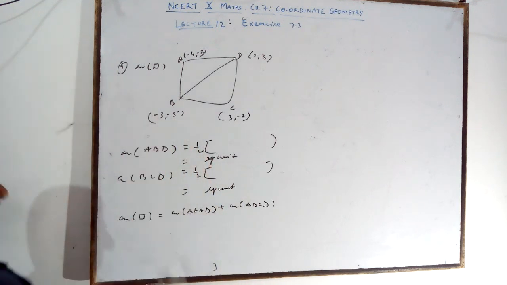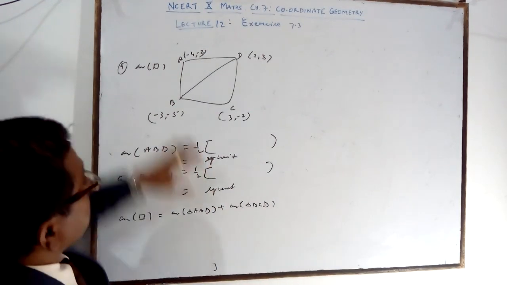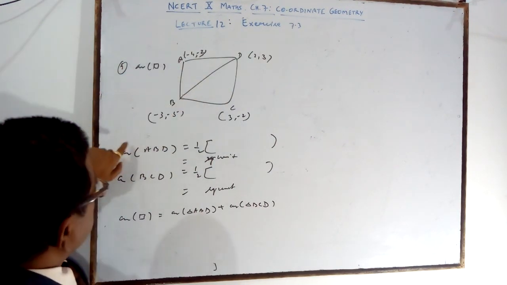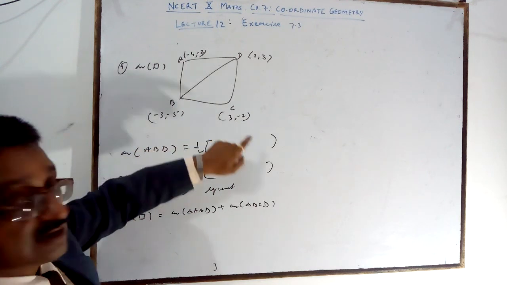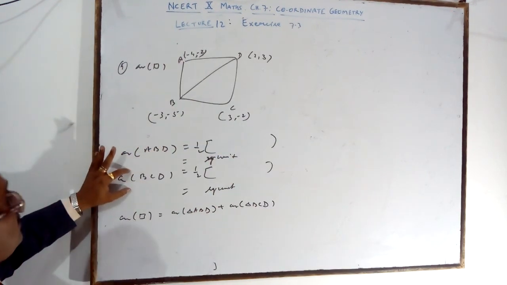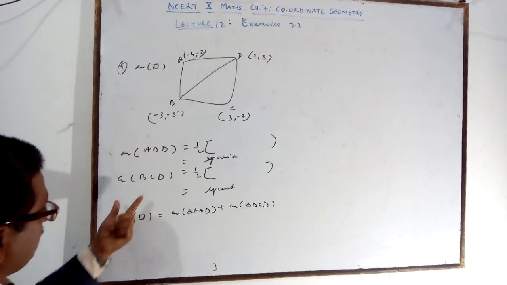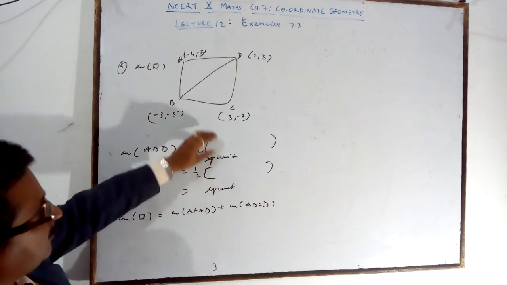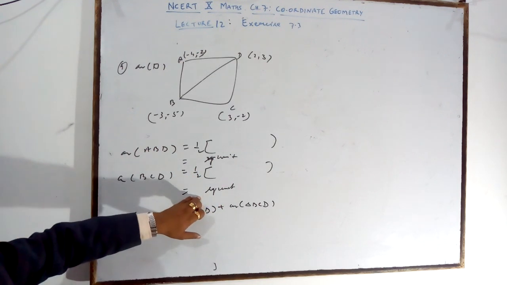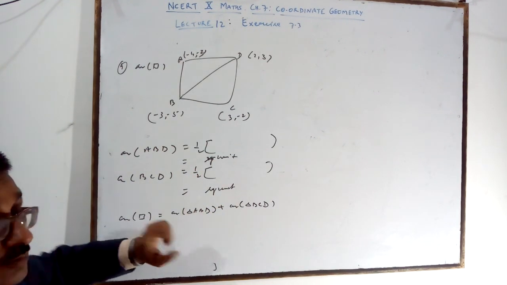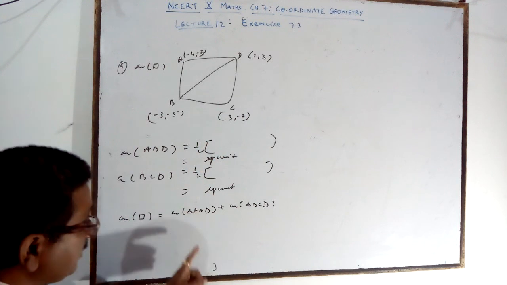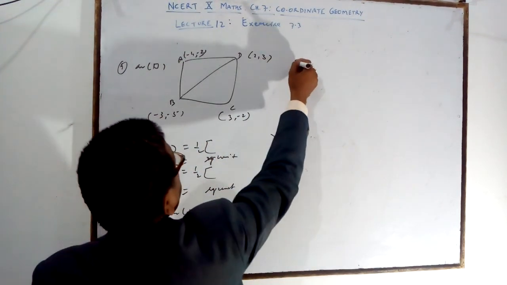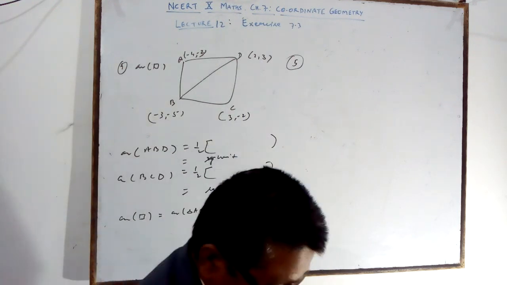When you want to calculate ABD, you write ABD separately, with the coordinates in the order A, B, D, and then x1, y1, x2, y2, x3, y3. When you want to calculate BCD, you write B, C and D, and then x1, y1, x2, y2, x3, y3. Calculate both. If you get a negative, then you write, therefore the area is positive. Write both in positive form. Don't add the negative.